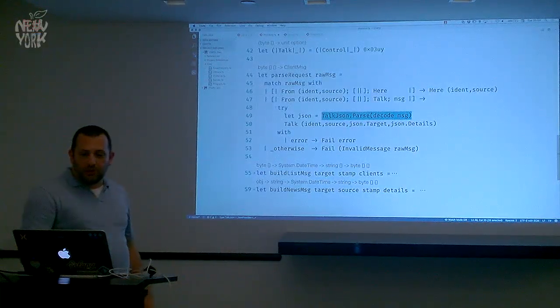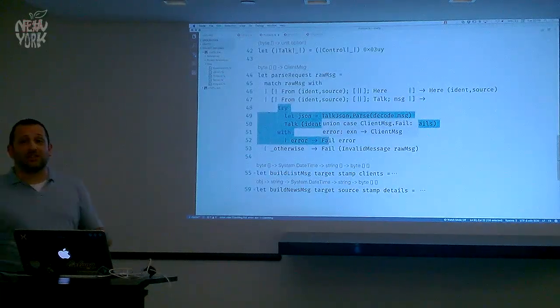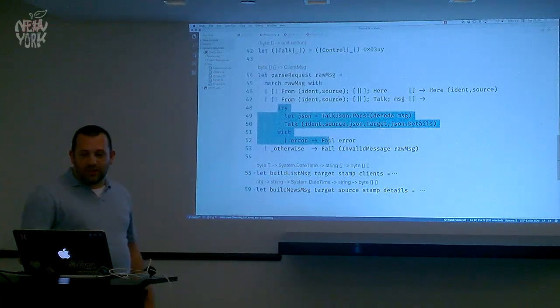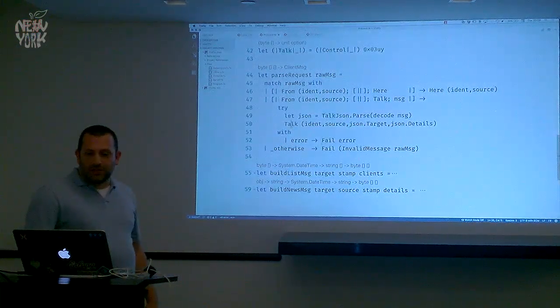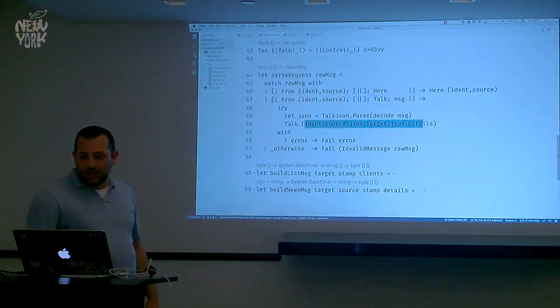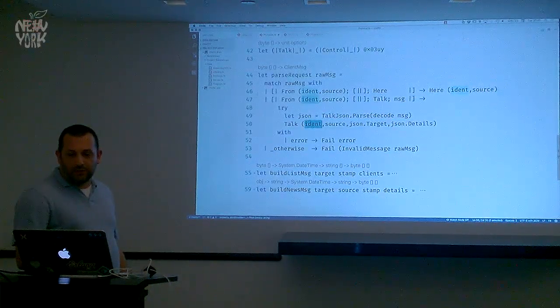And I have my try-catch here, because obviously I could get something that's not decodable, or something that's malformed JSON. If I do get something that's malformed, I catch the error and create a fail instance. Otherwise, I create an instance of the talk case, passing it the data I got from the routing envelope, and then the two pieces of data I got from the JSON.